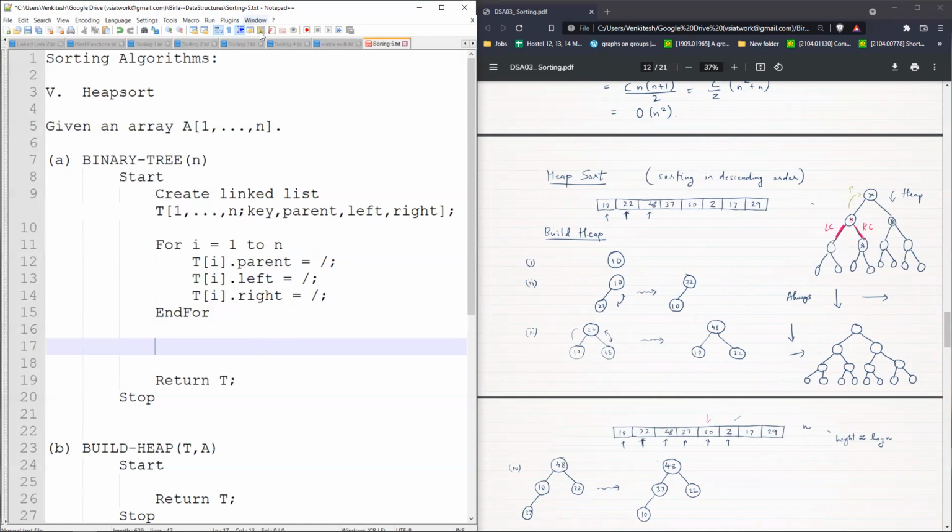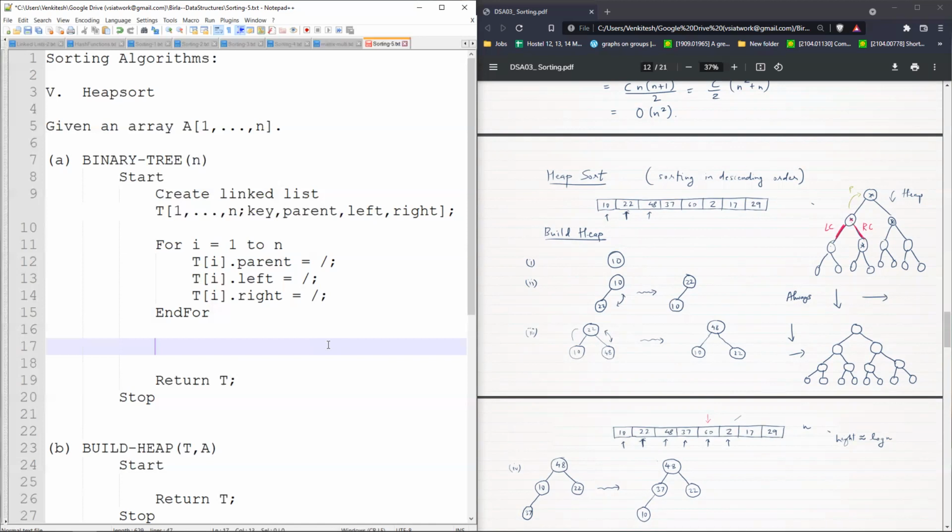So when will you have a certain vertex of a particular value? When i is less than or equal to n. It will have a left child 2i only if 2i is less than or equal to n, and it will have a right child 2i plus 1 if and only if 2i plus 1 is less than or equal to n. Is that okay?